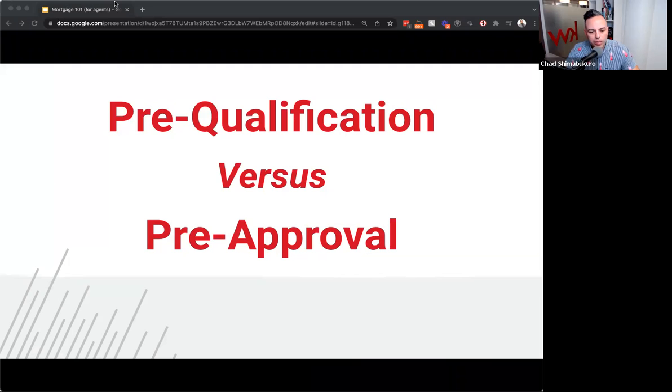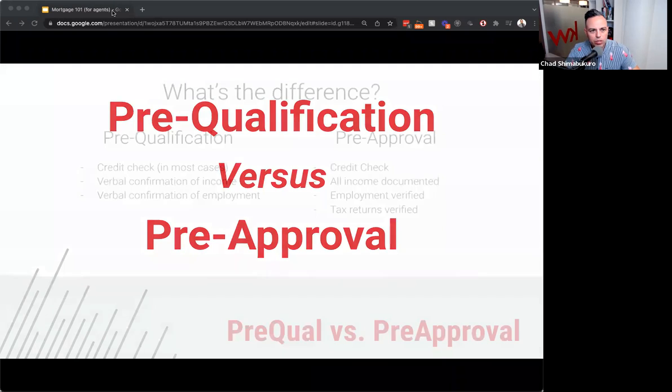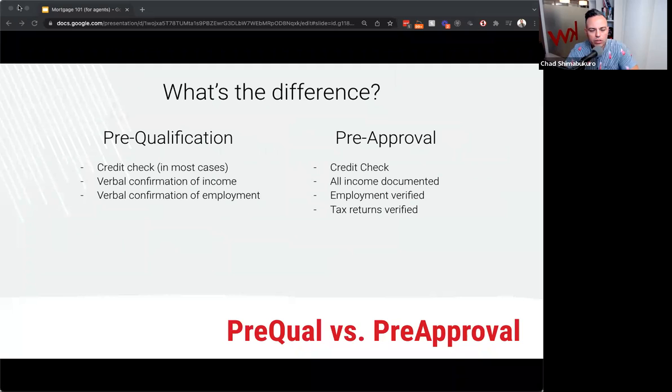This is often something that's discussed too. What's the difference between pre-qualification versus pre-approval? Because the two aren't necessarily interchangeable. So here's the difference. A pre-qual, or pre-qualification, is basically a credit check. And I say most cases because you can call a company like Rocket Mortgage and just say, hey, my credit is really good. I have an 800 credit score. And here's my income. I make $500,000 a year. And here's my employment. I work for ABC, whatever company. And they're going to go, yep, looks like you qualify and you can purchase up to X. Well, that is a pre-qualification. It's very loose in that scenario.